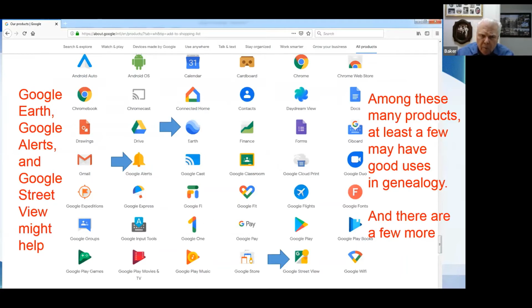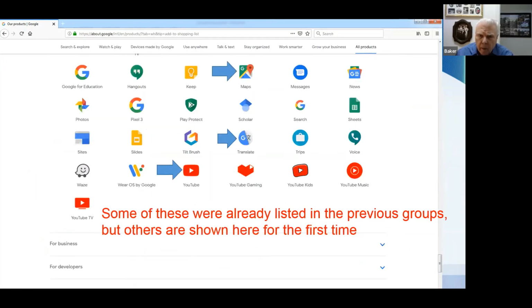And I've picked out a few that I recognize are really applicable to genealogy. One of them is Google Earth, where the top arrow is, Google Alerts, and down near the bottom, Google Street View. I'll have an example for each one of those. Oh, and we're scrolling down even further.